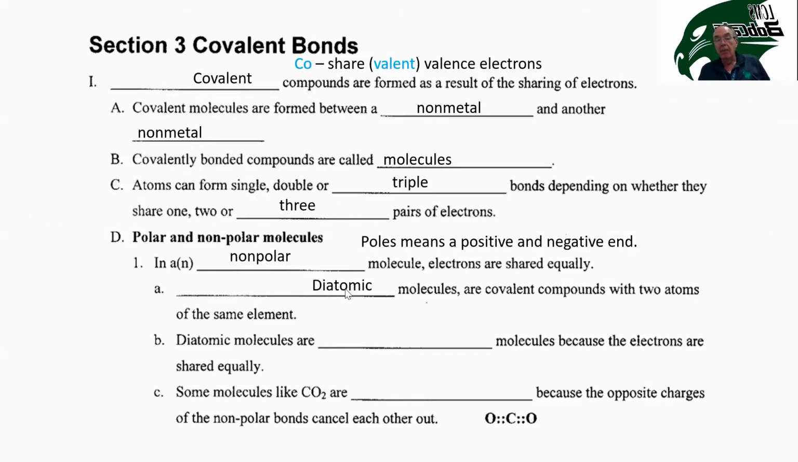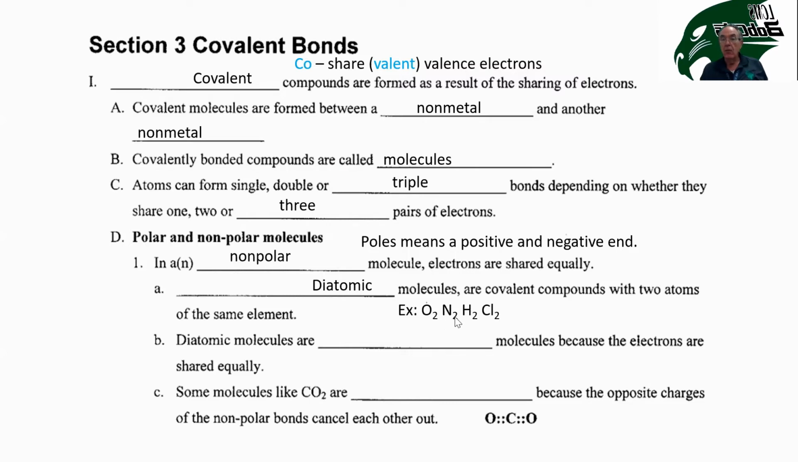Now, diatomic molecules are just like what their name says. Di, the prefix, means two what? Atoms. Diatomic. Just like when we said polyatomic, poly meant many atoms. This means 2 atoms, diatomic. Diatomic molecules are covalent compounds with 2 atoms of the same element. Examples of those would be O2, which is the oxygen we breathe,